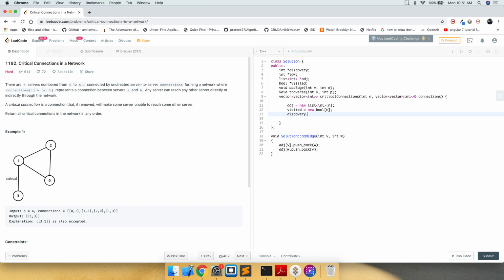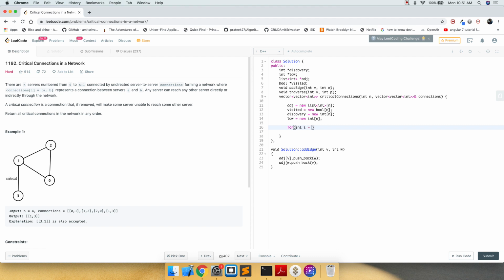Discovery is also going to keep track of the time taken to visit each vertex, so it's also going to be of size n, and low similarly is going to be of size n as well. So this is basically our initialization. We can also create a function for doing that, but let's just do it here.